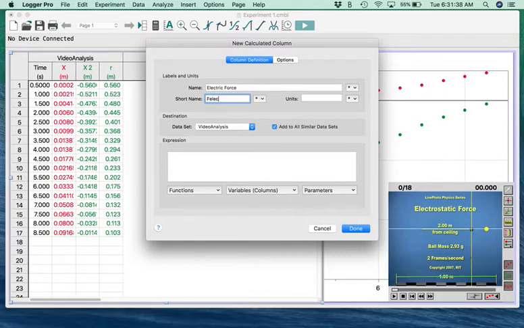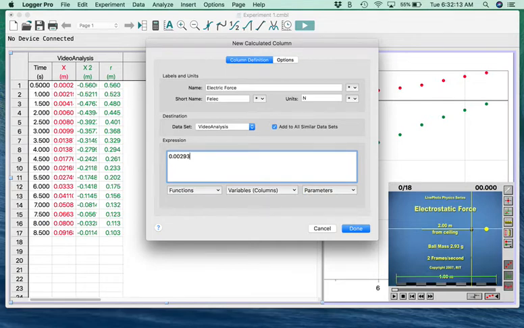You can give it whatever name you want there, but the short name is used for these columns when there's not enough space to fit the whole name in there. This is going to come out in units of newtons like other forces do, provided that we code in all of the numbers correctly. All right, down in the expression, we need the mass of the sphere. Well, notice on the video down here, they conveniently told us the mass is 2.93 grams. But if I'm going to calculate something in newtons, I need the mass to be in kilograms, so